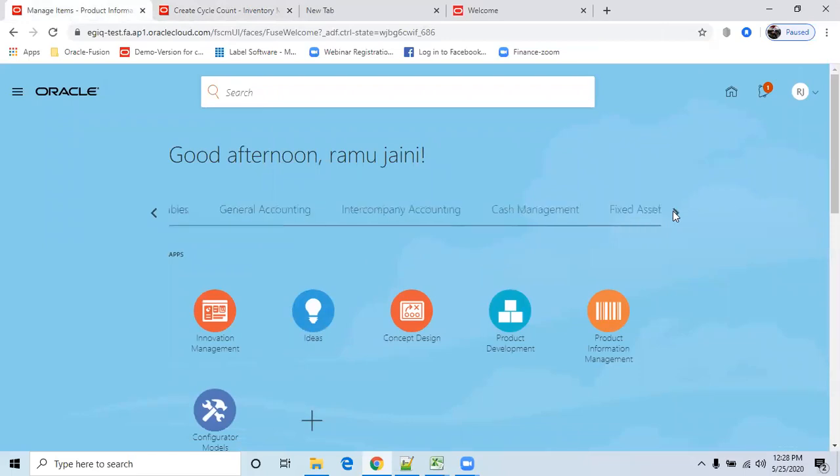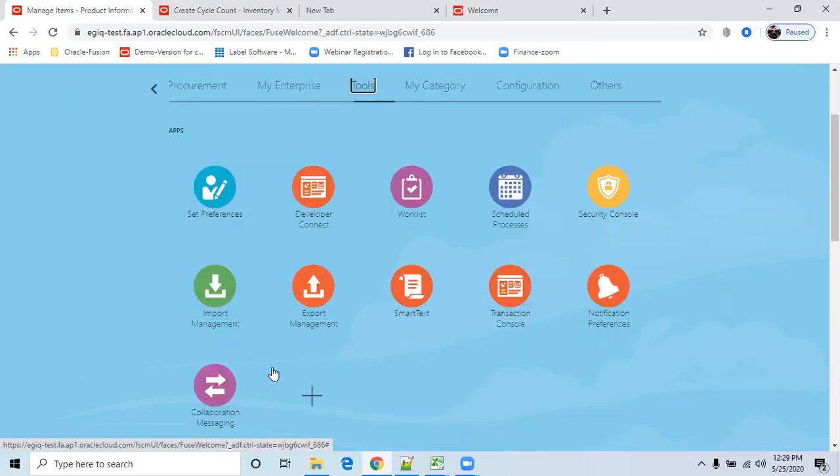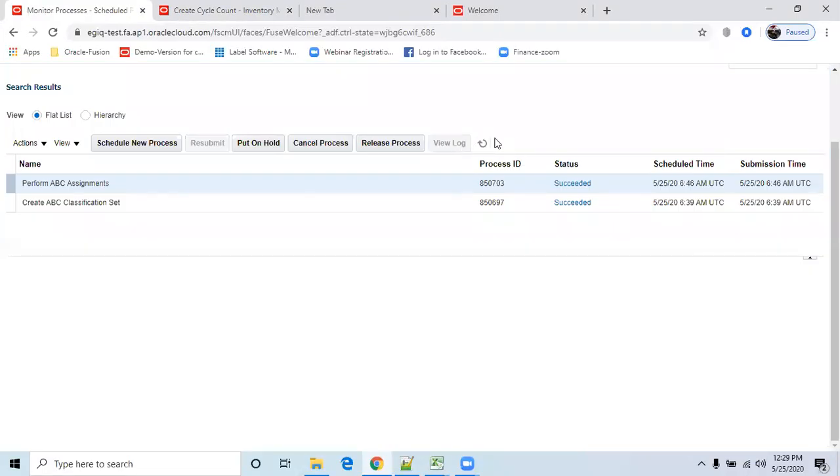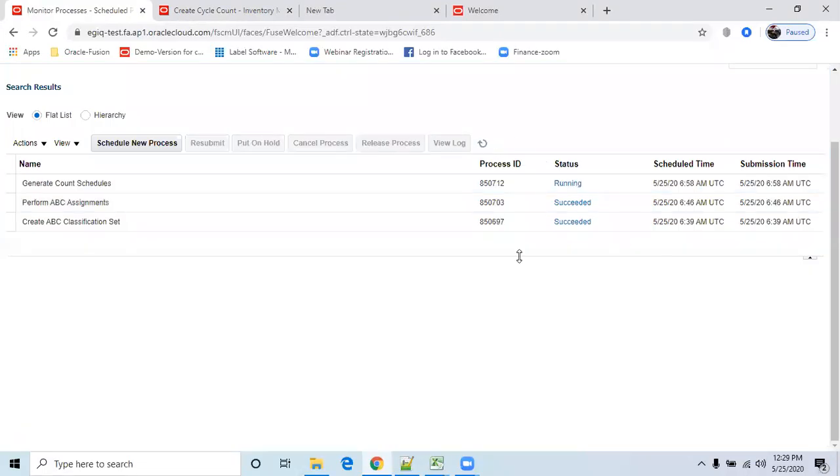Go to tools, schedule process. Now the count schedules are running.